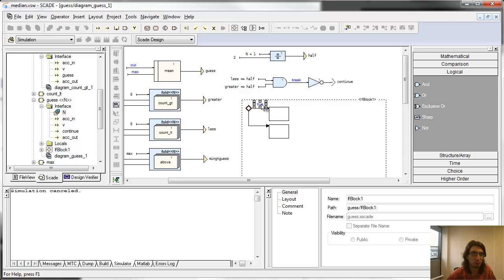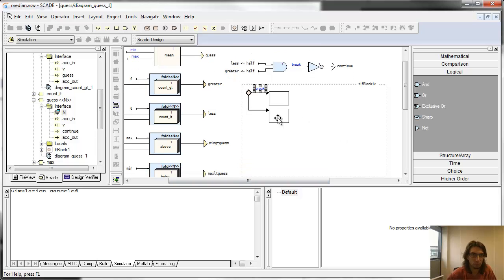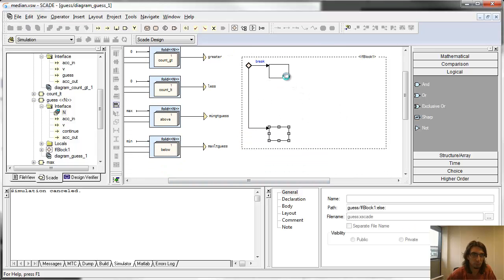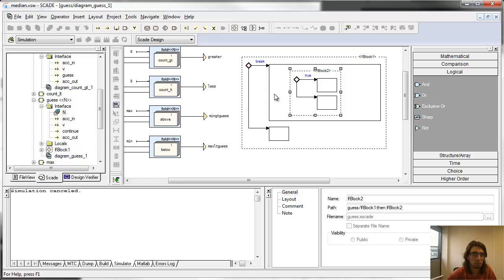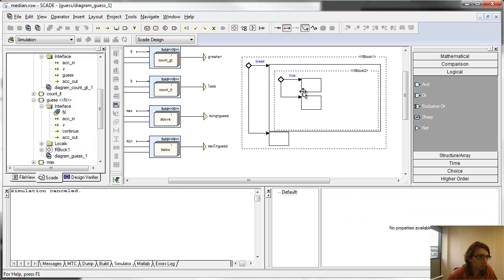So I said that if my break condition is true, then here it is. Okay. So if less is bigger or equal than half,